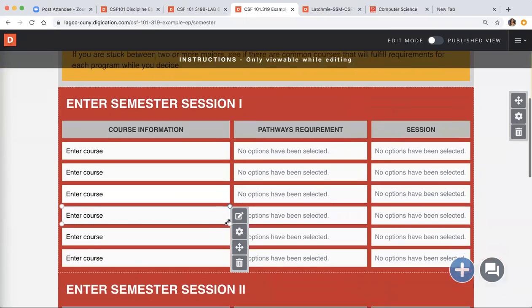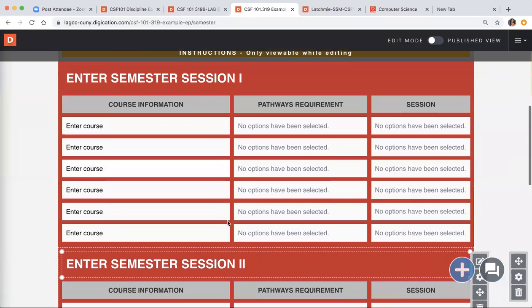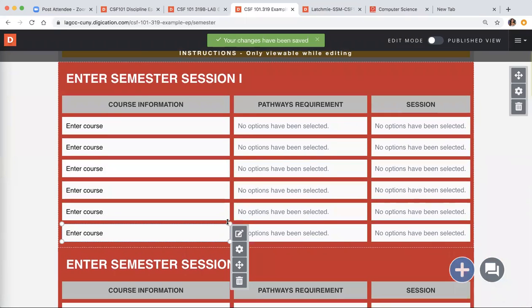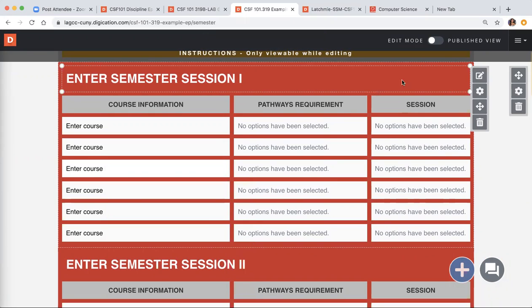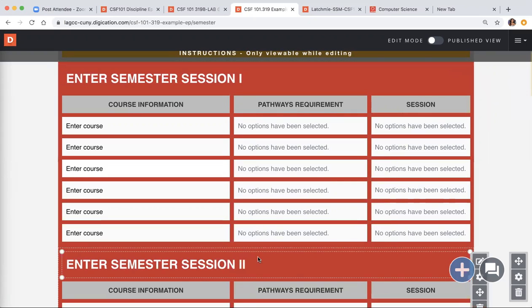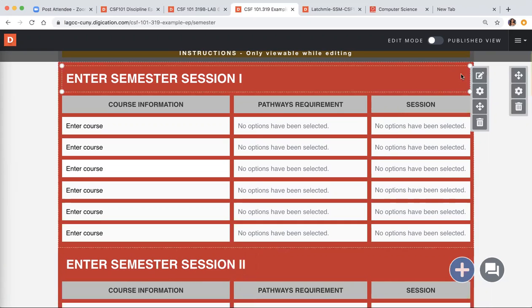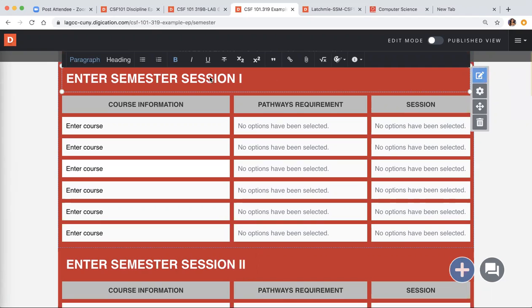And then you'll be directed to this page. So this page, we're gonna be starting from our first semester at LaGuardia. So if you're in your second semester, you're gonna be filling this out for last semester. And then this semester will fall under the second semester block. But if this is your first year here, you're just gonna hit the edit icon, delete all of this text, and then you're gonna write